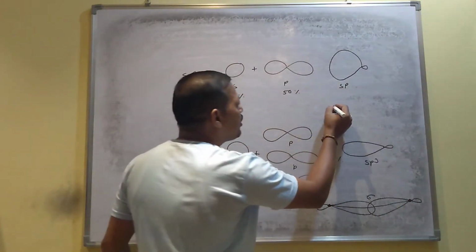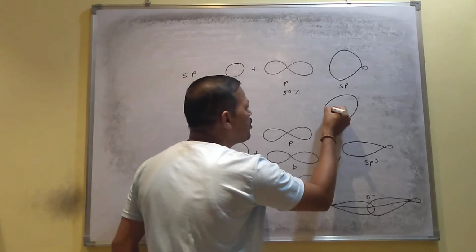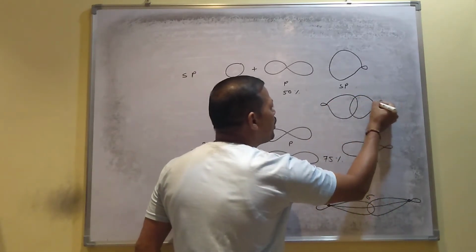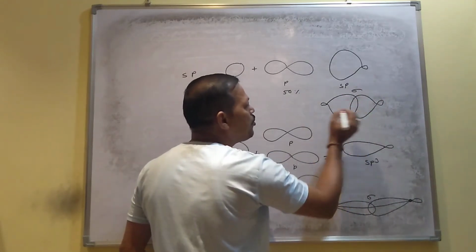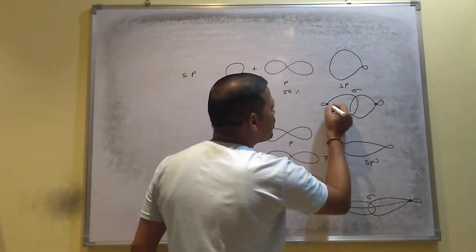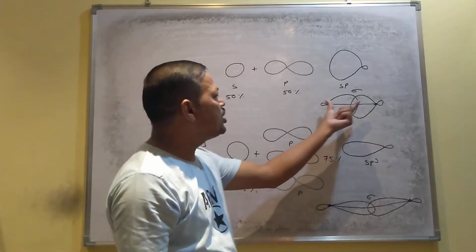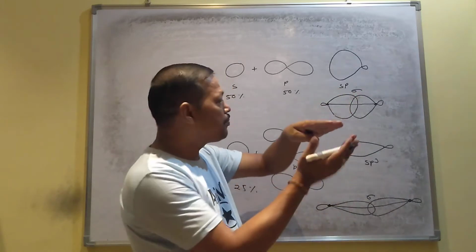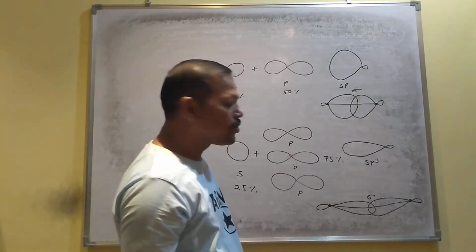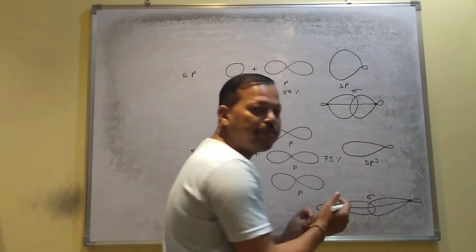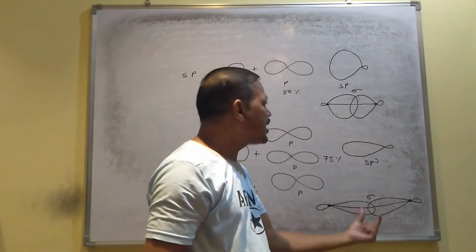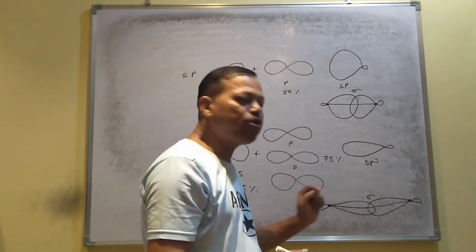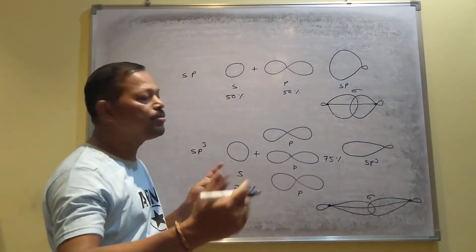Similarly, this is one sp hybrid orbital, this is one sp. When they mix up, here also you will get a sigma bond, and the length of this sigma bond you will get shorter, because the nucleus is closer due to the bigger shape of this hybrid orbital. So based on the hybridization, whether the molecule undergoes sp3 or sp hybridization, based on the overlap, based on the type of hybrid orbital, you will get the length of the bond.